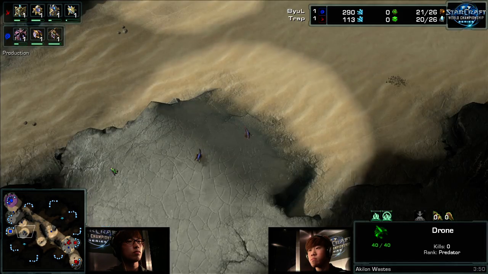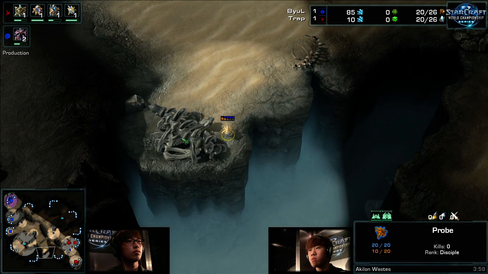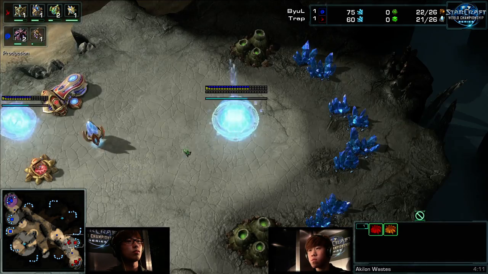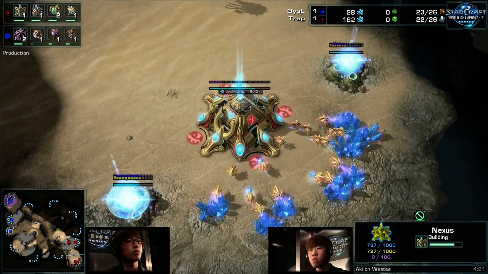I mean, I think that's just the better way to do it. Of course, against Byul, who's already shown a lot of aggression from game number 2, opening up 10 pool, he's willing to do something like 6 lings, 8 lings in the beginning stage, so you don't want to be caught off guard. As it stands, though, just the standard Forge fast expand, going to double assimilators for our Protoss over here,